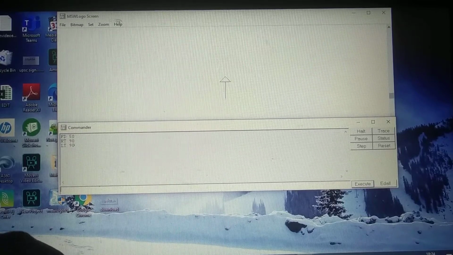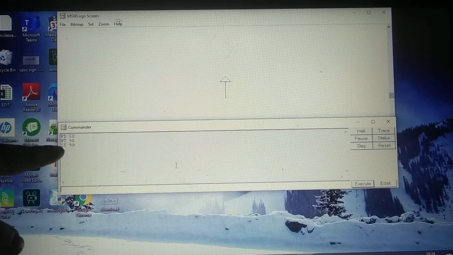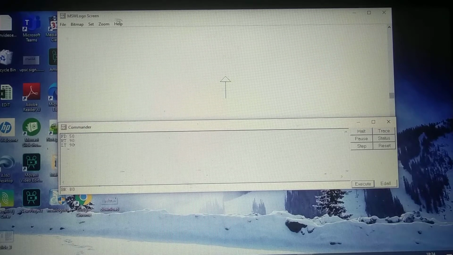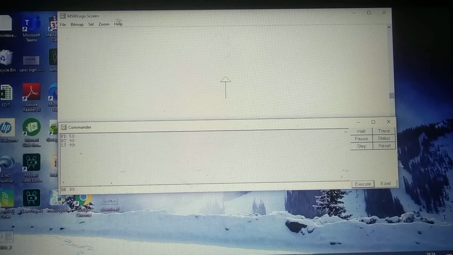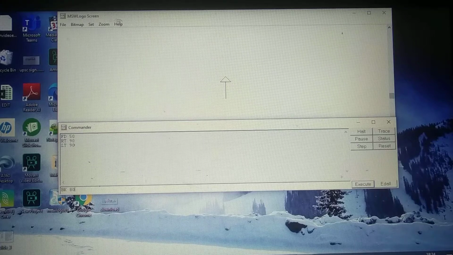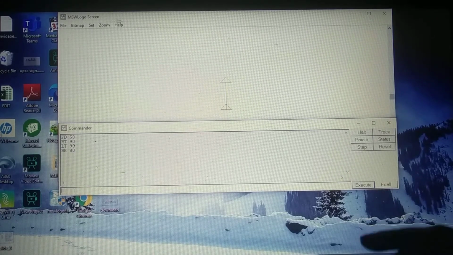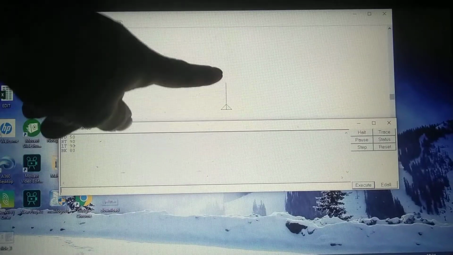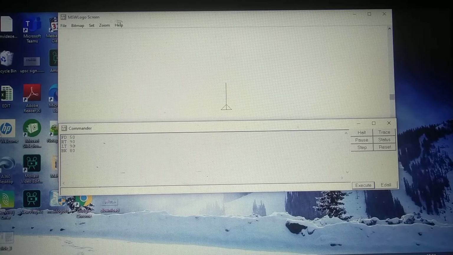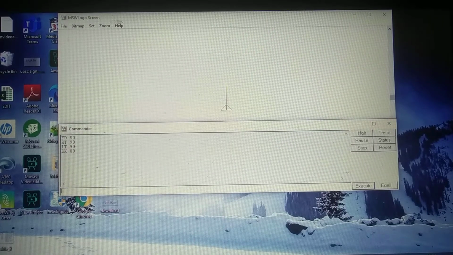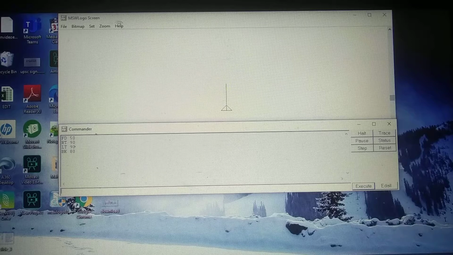One more command we have here: RT, LT, FD, BK. BK 80 we will give. There is no back command as such, so BK is the back command. For backward we use BK with the units. With those units the turtle will draw the line in the backward direction. See, in this back direction the line will be drawn by the turtle. So children, these are the 4 commands which we will learn in this MSW logo in this 3rd class.